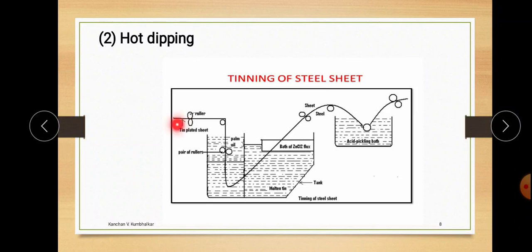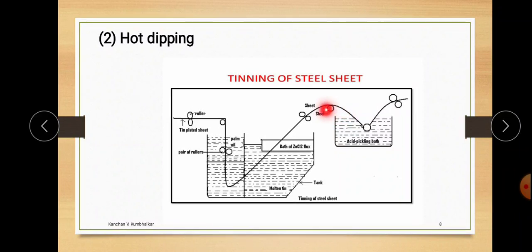Here the tin sheet has been transferred through the roller. From this, it is transferred to the next roller. It first goes to the pickling bath. Generally acid is used, due to which the removal of physical and chemical dirt takes place. Then it is transferred through the dryer, where the unnecessary water and the remaining acid are soaked out.